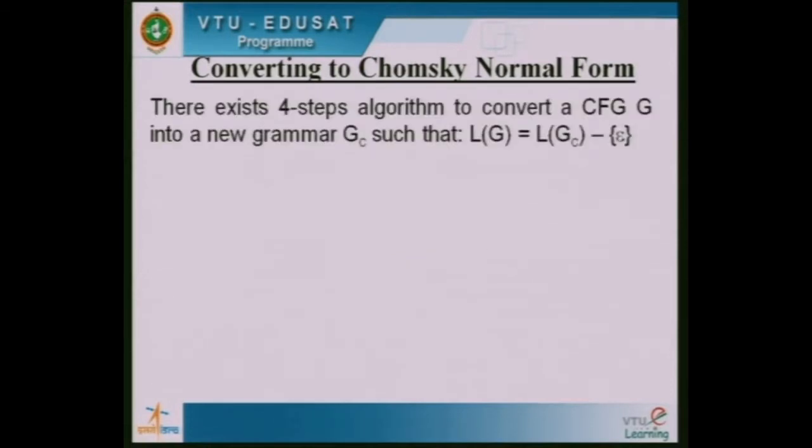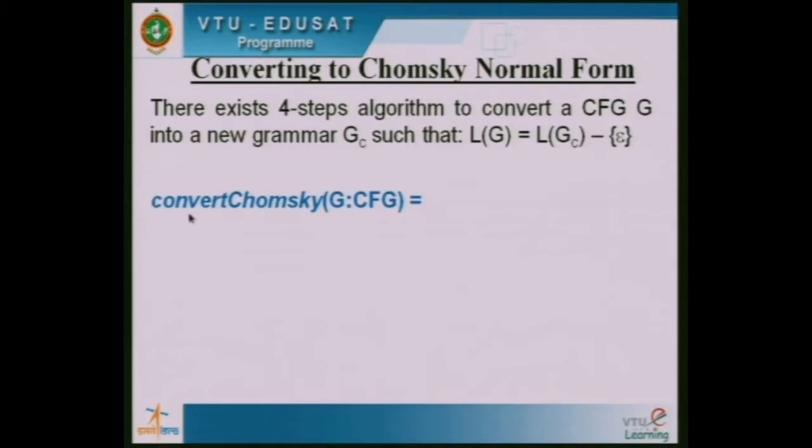Then going to the algorithm of converting the CFG to CNF, there exists a 4-step algorithm to convert a CFG into a new grammar GC such that L of G is equal to L of GC minus epsilon. To perform this, the algorithm used is convert from context free grammar to Chomsky normal form for the given grammar CFG. As mentioned, the 4 steps are: